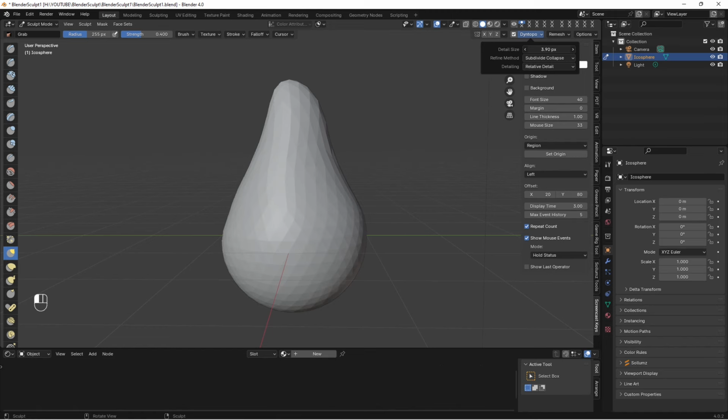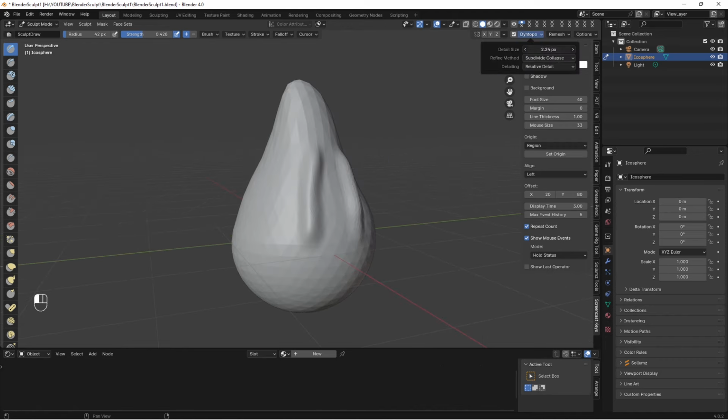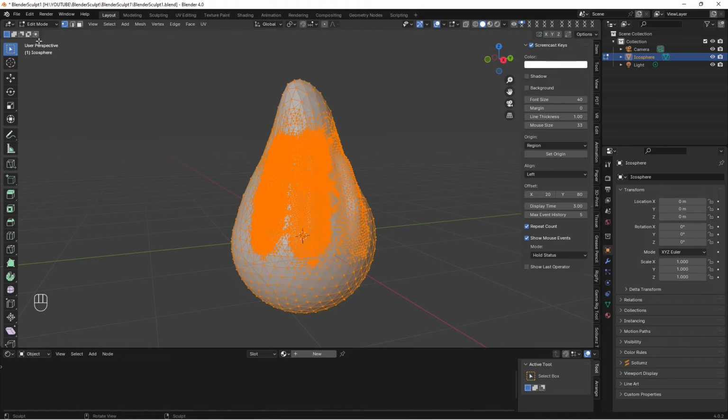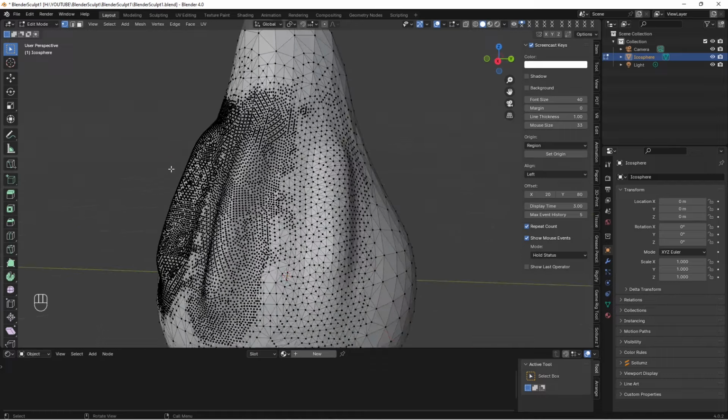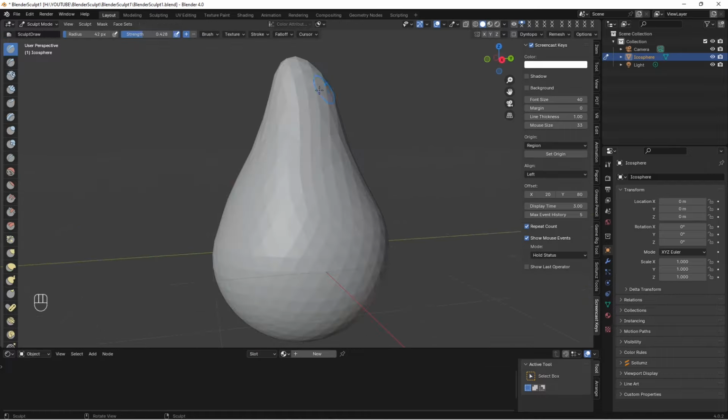As we can see, changing this value gives us a different level of detail due to the varied subdivision of the mesh, as we can observe well by going into edit mode. Let's go back to sculpt mode and remember to reactivate DynTopo each time. This option can be managed in different modes. The default mode is relative detail,